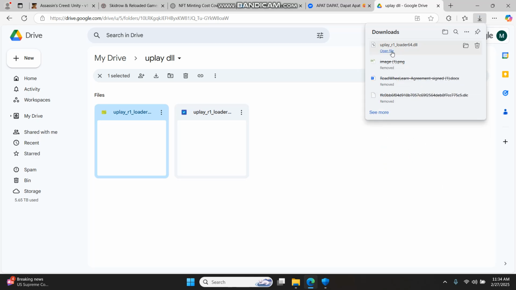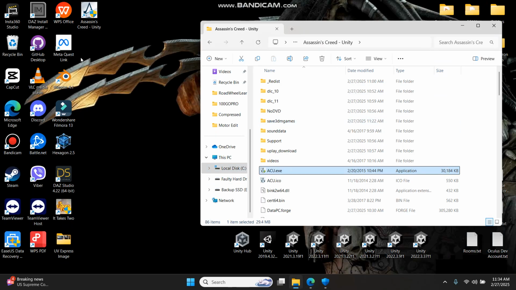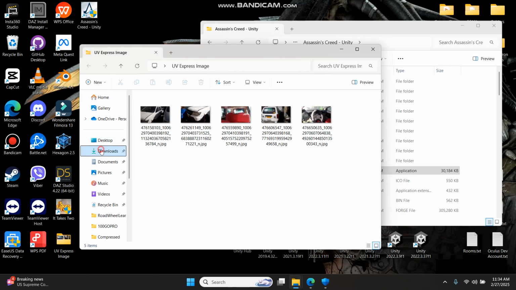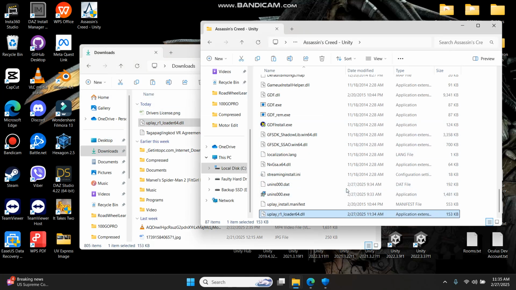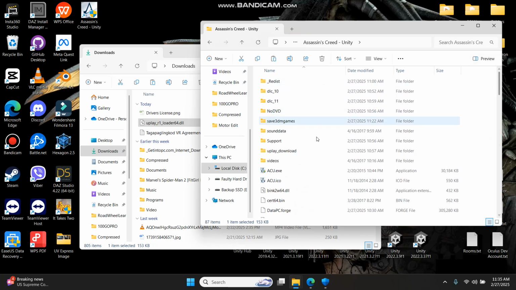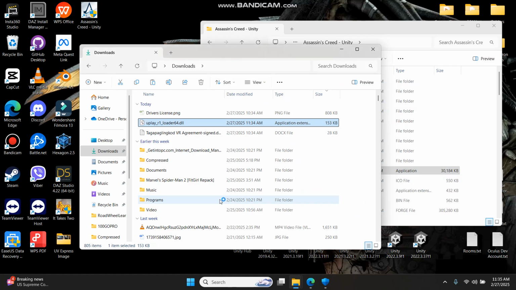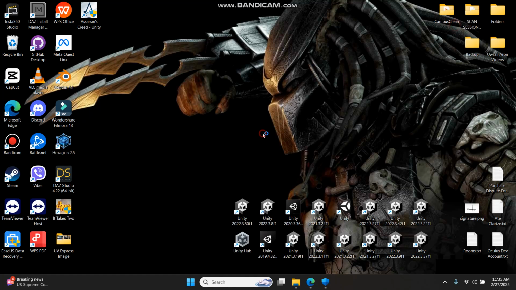Keep anyway. Yeah, there. And after that, go to downloads. Then copy the file you downloaded. Paste it here. And then, let me show you. It will now open without any problem. That's the only thing you need.